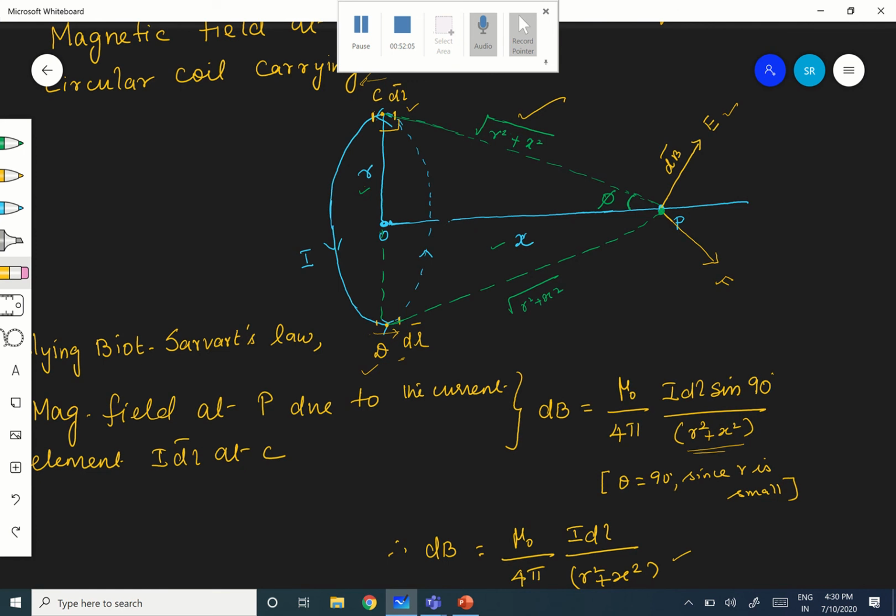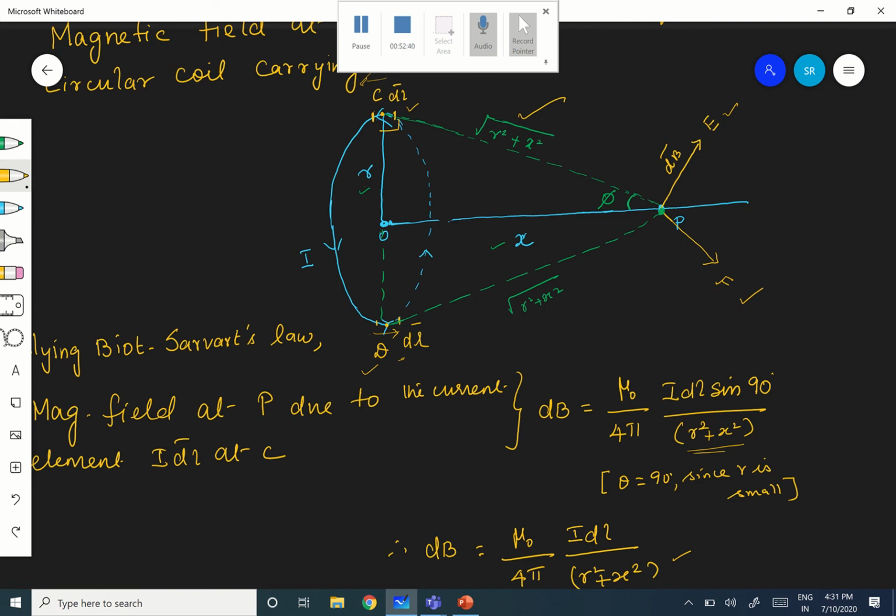So this is 2. Now first you find or consolidate the net magnetic field at P, total magnetic field at P due to both the elements. Both the elements means due to the pair, the element at C and the current element at D. First you consolidate that one. After that we will go for the full coil. Are you following? How to consolidate? See, PE is in this direction, PF is in this direction. Only thing is you have to resolve now. How to resolve? You resolve into 2 components.